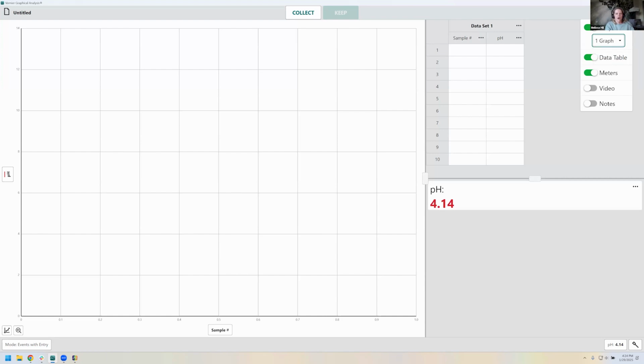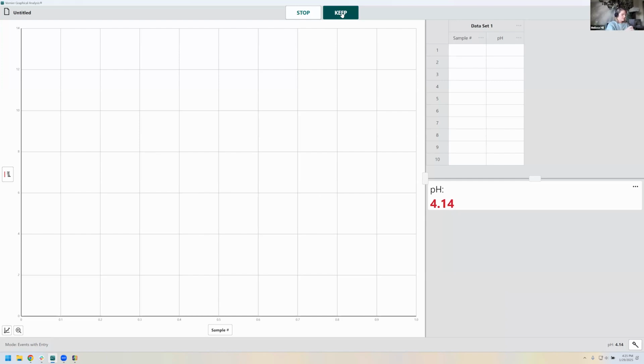All right, so other things that you may be looking for that you're familiar with in Logger Pro is I have a pH probe. I want to calibrate. How do I do that before I get started? Anytime you want to calibrate or zero a sensor, you do that down here on the tiny little meter, which is the sensor actions. And this is where I would calibrate or zero or change units. And then I'm going to go ahead and take a few data points just to show you where the analysis tools are. So I'm going to press collect,